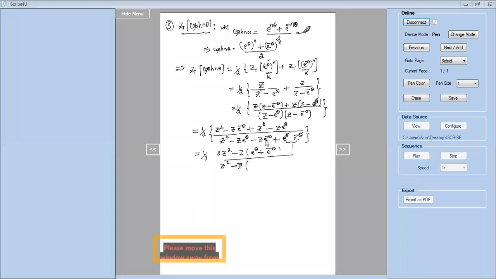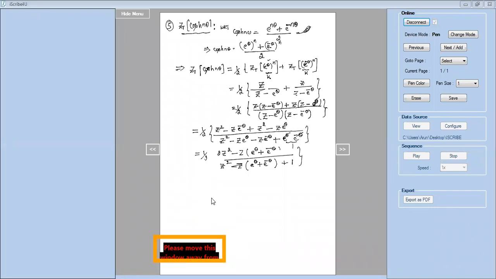E power theta plus e power minus theta, close the bracket. And last term was 1. So this term is 1, as you know. Close it. But you know e power theta plus e power minus theta is 2 cos h theta. So using this result again, I can write e power theta plus e power minus theta as 2 times cos h theta. So using that, I can write,